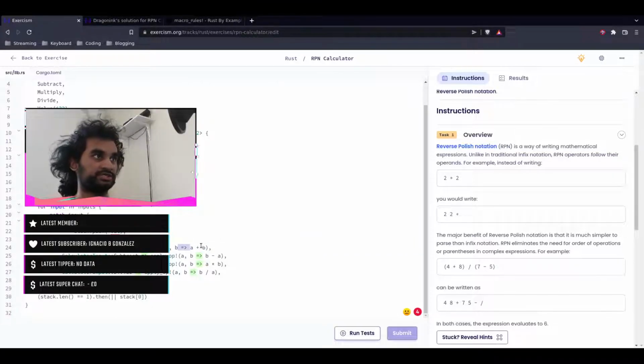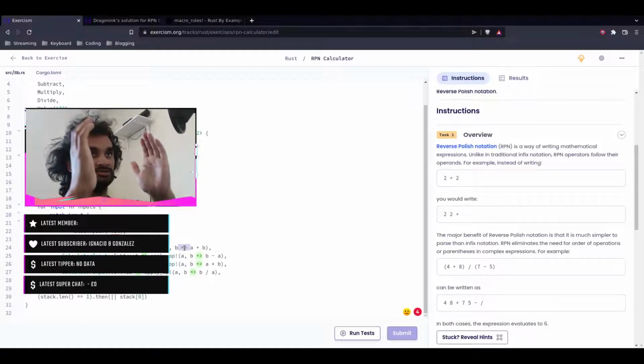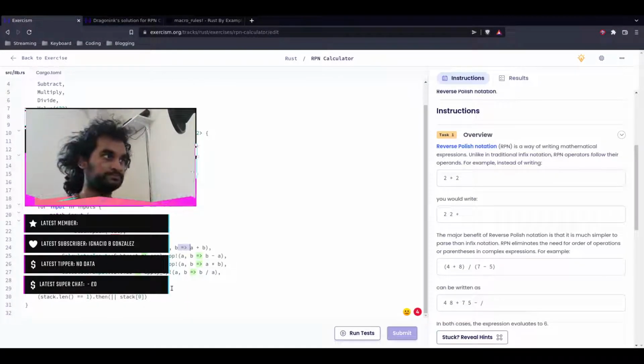So instead of needing a return, you just call equals, and then that, to specify that you want whatever this is to evaluate to whatever else, and then return the result of whatever is on this side. And all this is doing is retrieving the stack from this stack, getting the length, and if the length is equal to 1, so the length is just one item, then